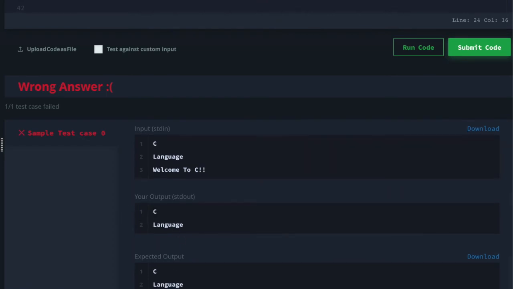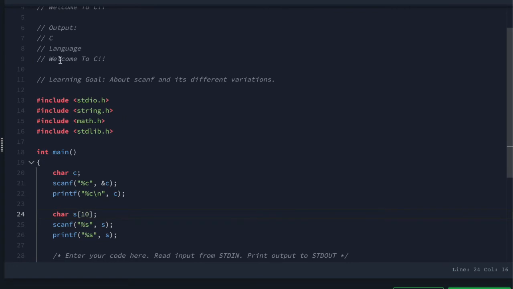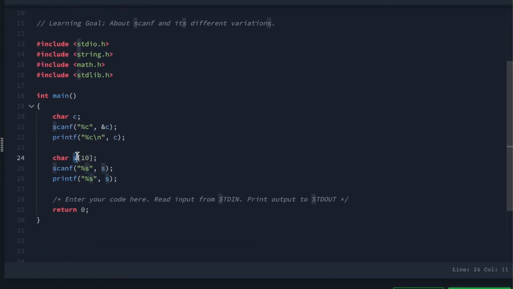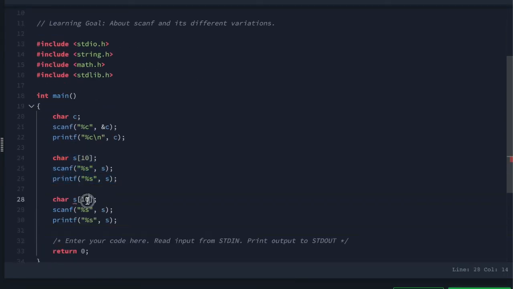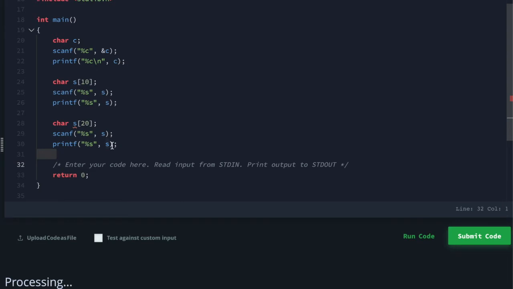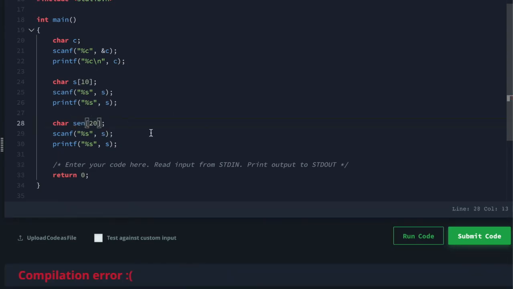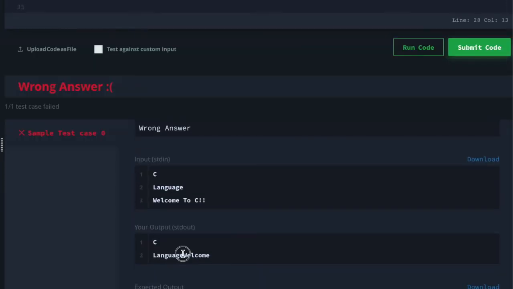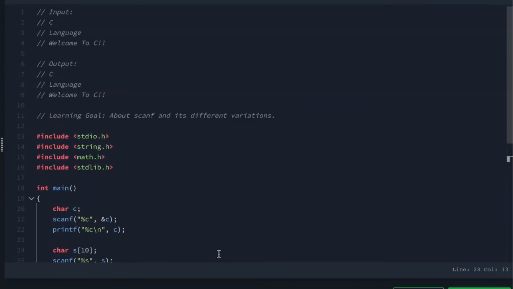Now we will move towards welcome to C. When we talk about welcome to C as an input by the user, the first thing we should note is that if we consider it a normal string, that understanding will be incorrect. Let's try doing it. Let me copy this complete block here. Let me increase the size to 24, given that welcome to C is longer than language, and let me try to scanf and scan. That should give an error because that's already defined. Let me redefine it as scn, and run the code. When you see the output here, it will be just welcome, not even welcome to C completely.